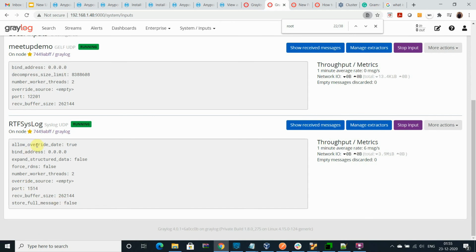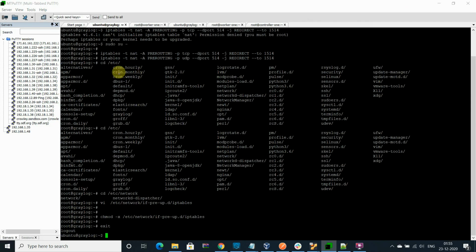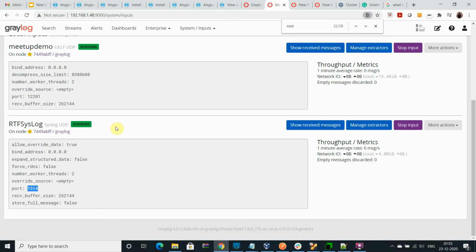In the iptables, I have configured in the system that whatever data comes to 514 is forwarded to 1514. You can see from here, I have redirected all the UDP and TCP requests that I receive on 514 to 1514.